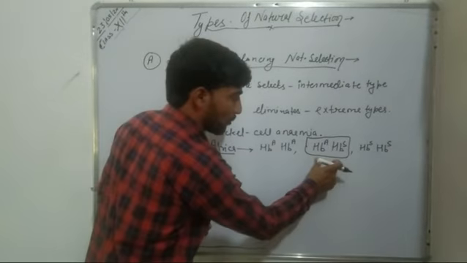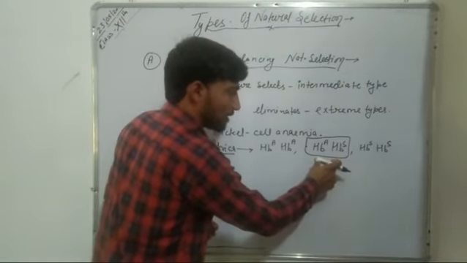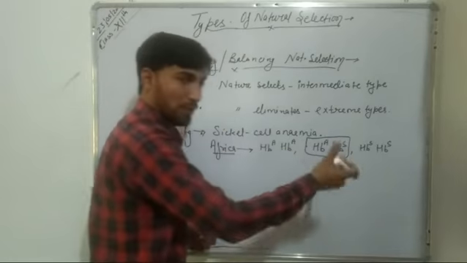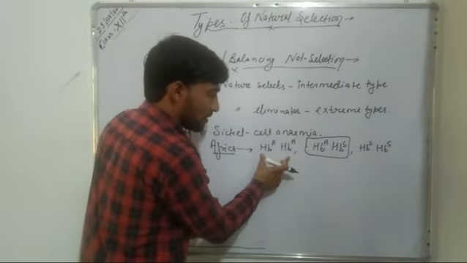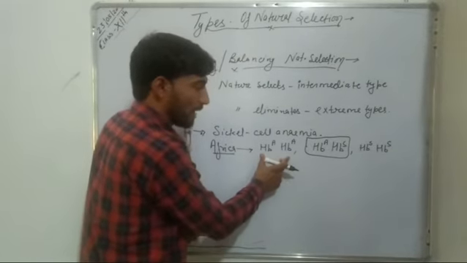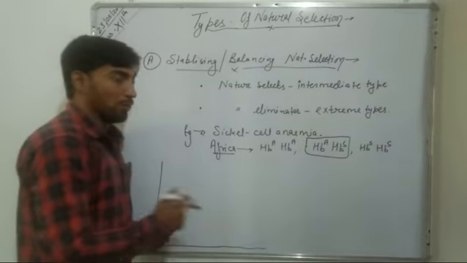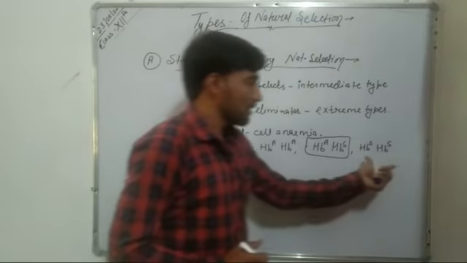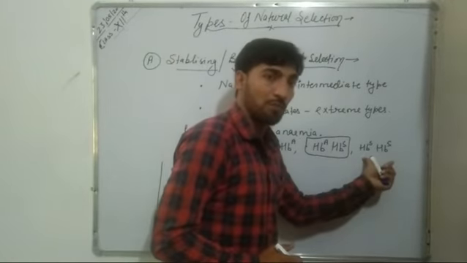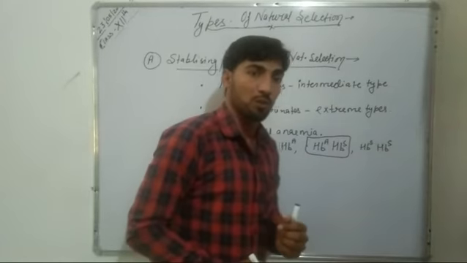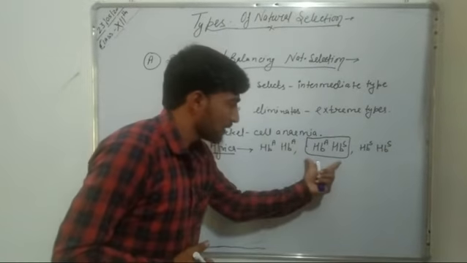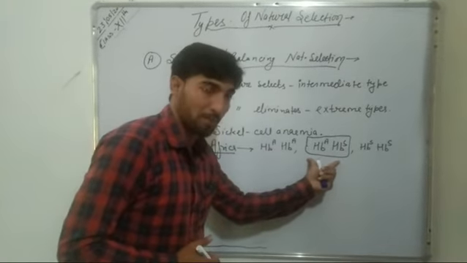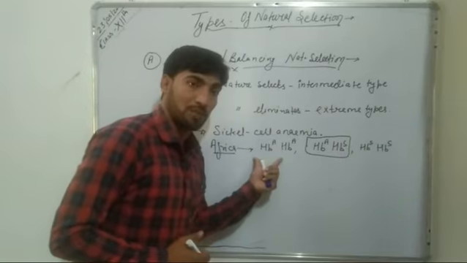This mutation provides that human beings are resistant to malaria. The persons having HbA HbA, as we know, are more prone to malaria, and the persons having the HbS HbS genotype will die before maturity. So what is nature selecting? Nature is selecting the intermediate type, and it is eliminating the extreme types.